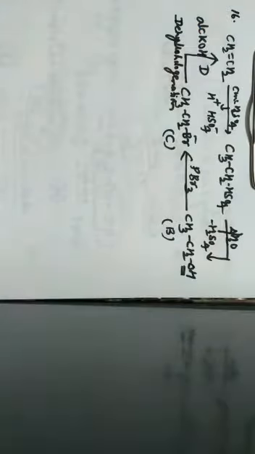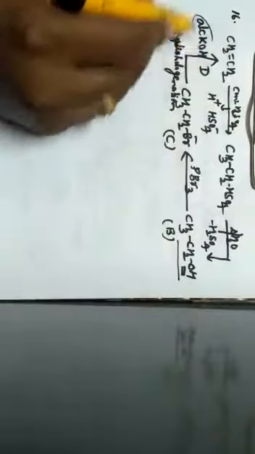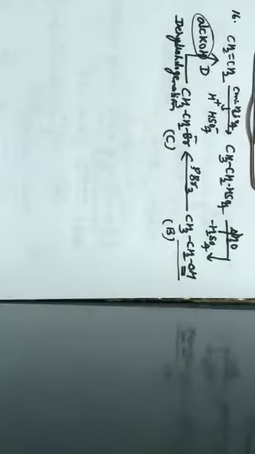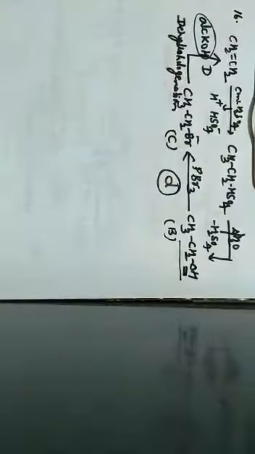So they are asking us to identify B and D. B is ethyl alcohol, D is alcoholic KOH. That is given by option D. So D is the correct option. Next one, question number 17.